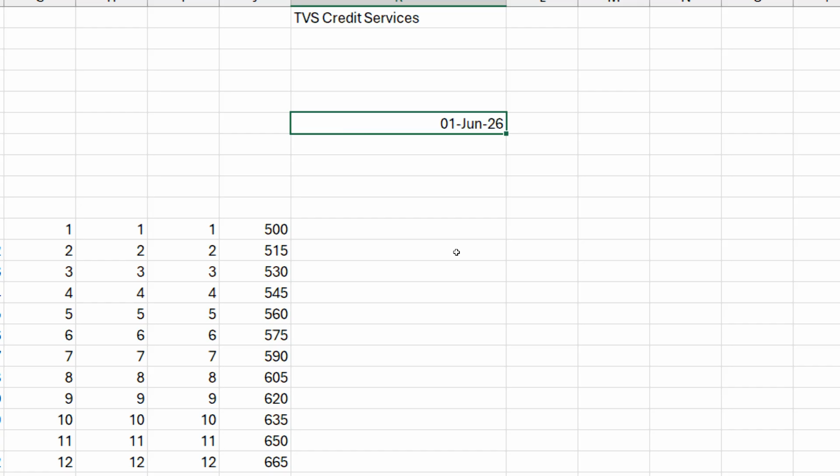I don't like this date format. I want to change the date format. Could you tell me how can I change the date format? How do you do it? Format cells. Very good. How can I go to format cells? Right click and go to format cells. How can I make a right click